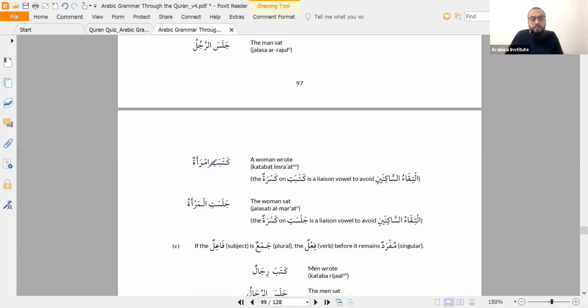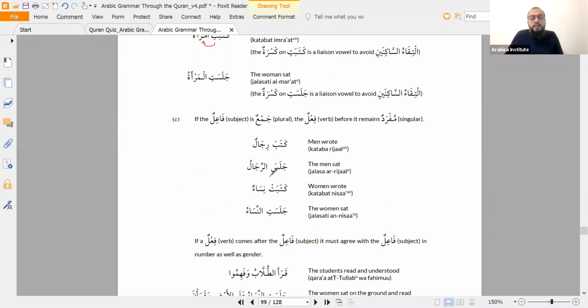Okay, because the hamzatul wasl here results in actually three sukoons in a row here. So the sukoon there, sukoon on the alif, and the sukoon on the mim. So to get from the ta to the mim, you need a liaison vowel. And in this verb, it's always a kasra.